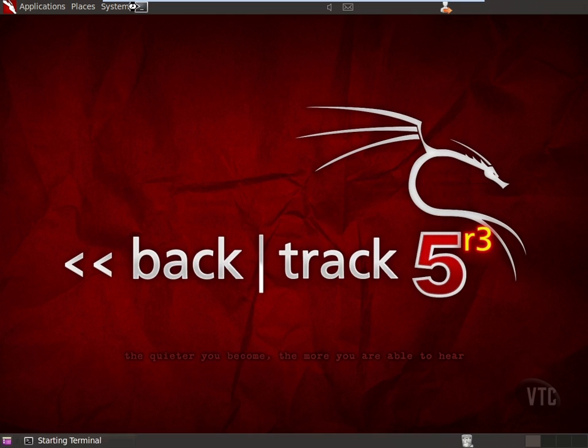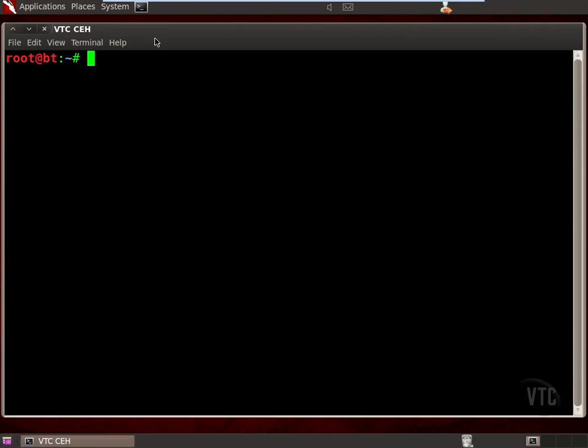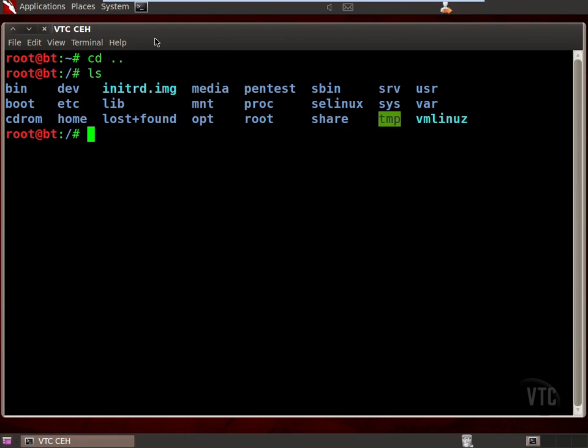Let's drop to the command line here for a moment. And I want to show you just quickly where the tools are stored in BackTrack, the tools you really need to be concerned about. If you do an ls here, you're going to find in the root directory, you have all these directories here, and obviously some of these, if you're familiar with Linux, are standard: etc, lib, home, boot, bin, and so forth. But there's another directory here that you need to be concerned about in BackTrack, and that's the pentest directory. So if we do a